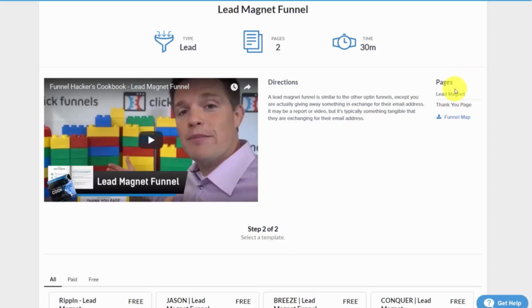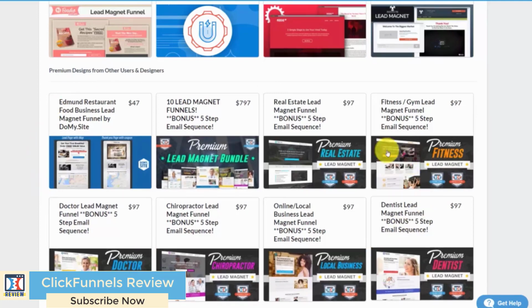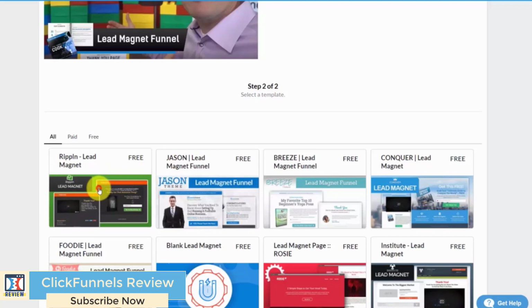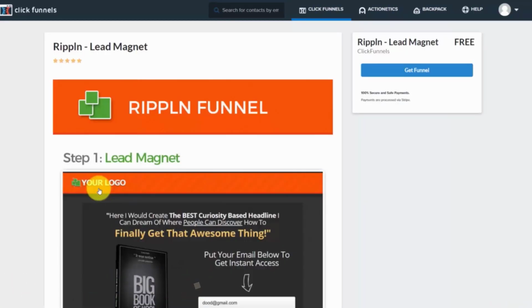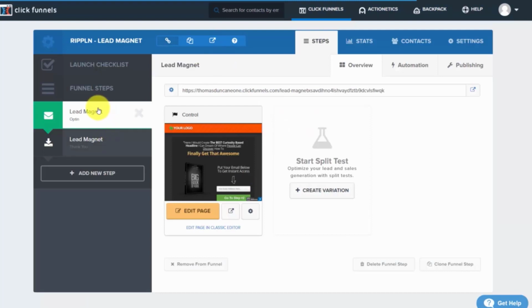You'll have insight on what the funnel is. For instance, you'll have a lead magnet page, a thank you page. You'll have free templates that you can choose from. And then you'll have paid templates also. So you can start the process inside of one of the cookbooks by clicking the template. And then you can click Get Funnel. What that means then that ClickFunnels will then put this into your dashboard. And then you'll see the two funnel steps, the opt-in page and the thank you page, just as the directions